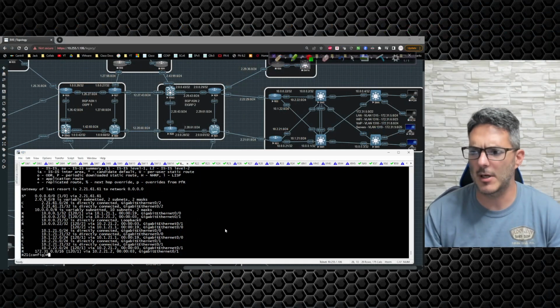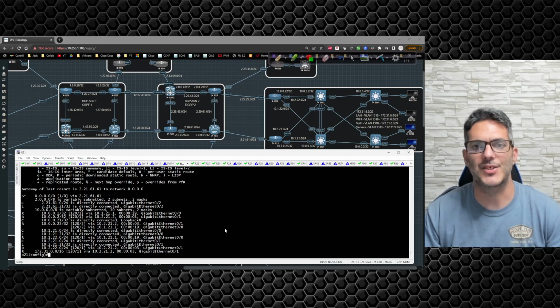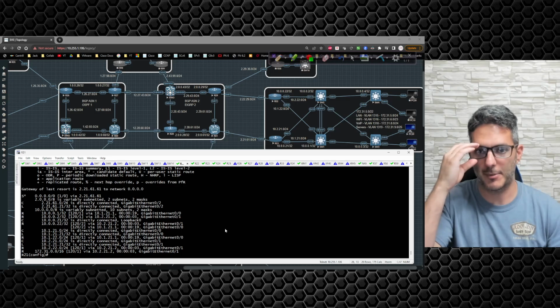And one thing you got to keep in mind, in the back of your mind, whenever you're looking at RIP, it's classful. We have no way of differentiating. So this is one of the reasons why RIP is not very popular. It doesn't scale